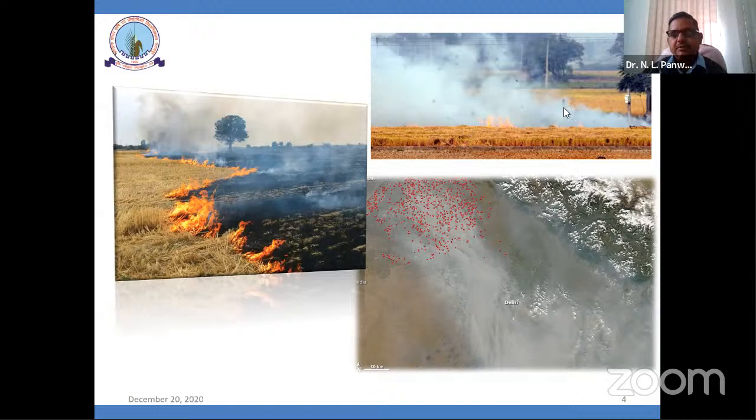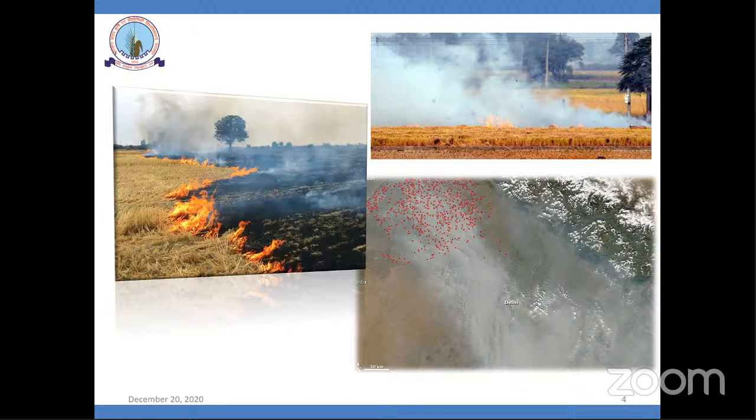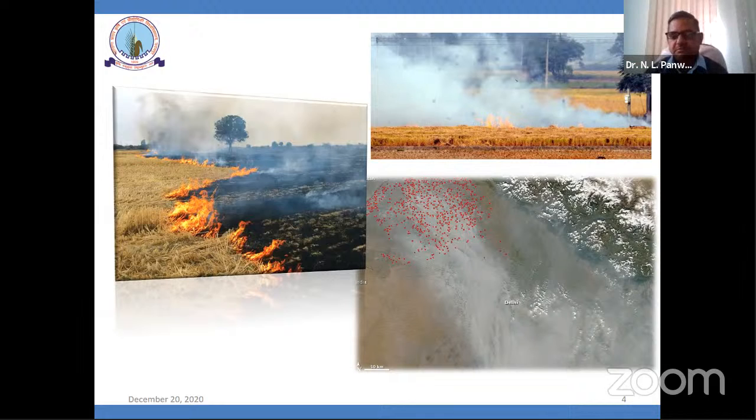So there is a considerable amount of huge smoke being generated and it mixes with the air. In this satellite picture, this whole smoke is turned toward Delhi, and you can see this red spot. This is a spot where the farmers are burning their stubble and crop residue. So all that smoke is carried to Delhi in the northern parts, during these seasons, say in the winter, and due to this dense smoke, it creates poor